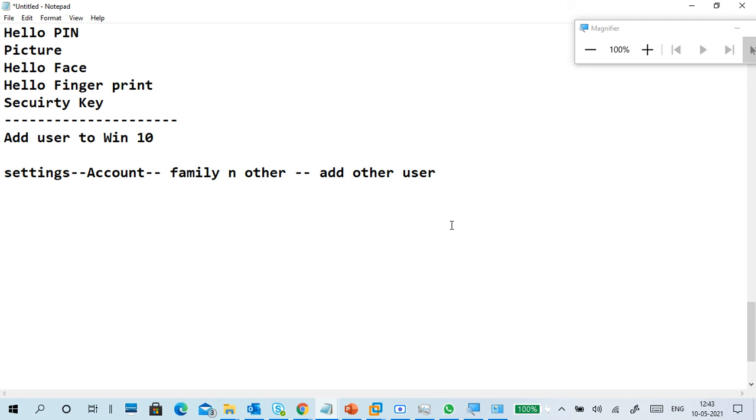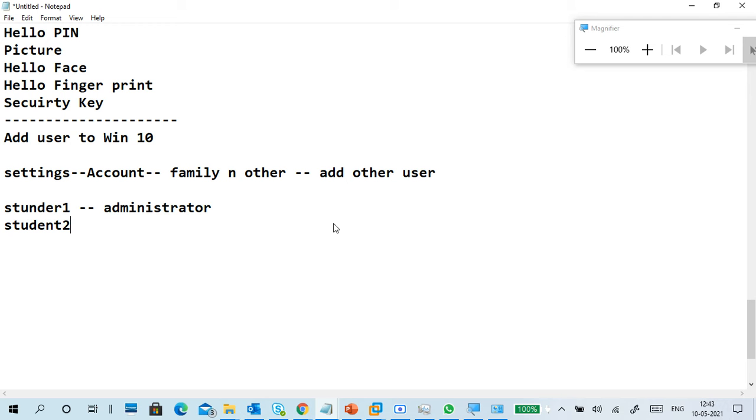Why are we adding another account? So other than you, if anybody wants to access, the second user is automatically a standard user. The first account is student one, which is an administrator. It's also showing local, right?